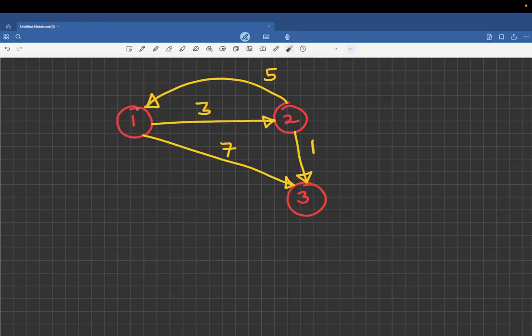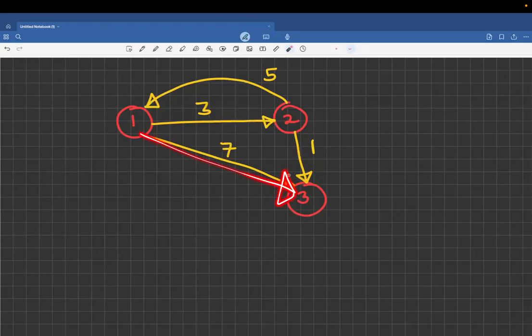For example, let's suppose you are traveling from 1 to 3. There are multiple paths, but the two most intuitive paths that seem to me are: you go directly from 1 to 3, or from 1 you go to 2 and from 2 you go to 3. Definitely other paths also exist, but you won't be taking those. So yeah, there are two particular paths. Either you take this path or you take this path, right?